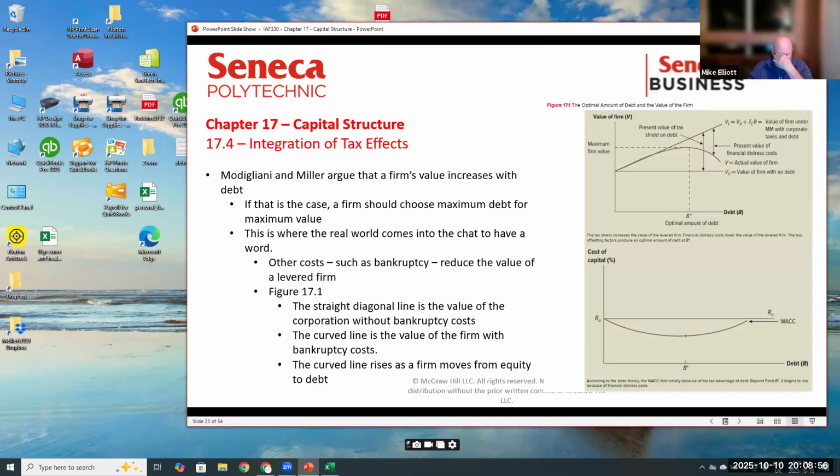Now, if we were willing to assume that none of these came into play, then the top line would show you the present value of the firm, the total value using equity and bonds. Part of this is the value of the tax shield. The present value of the tax shield is one of the primary reasons why we issue debt, because we have this tax shield associated with the interest rate payments. The present value of that is going to be a straight line.